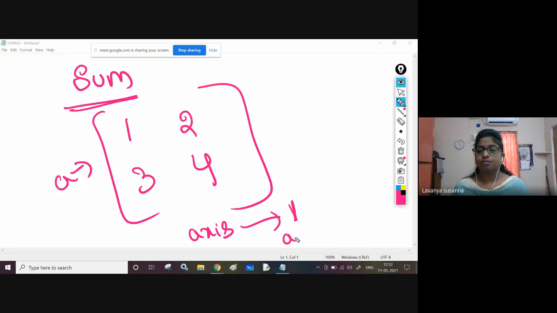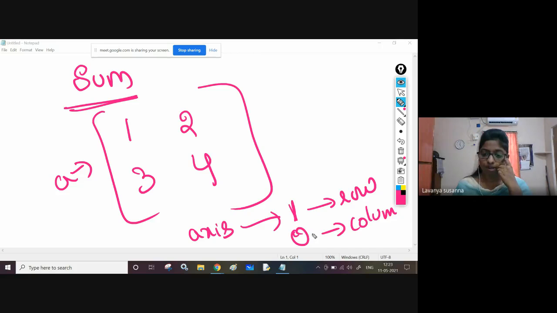For column, axis is 0. Okay. In matrices, there is a concept called axis. Axis 1 means it is a row. 0 means it is column.